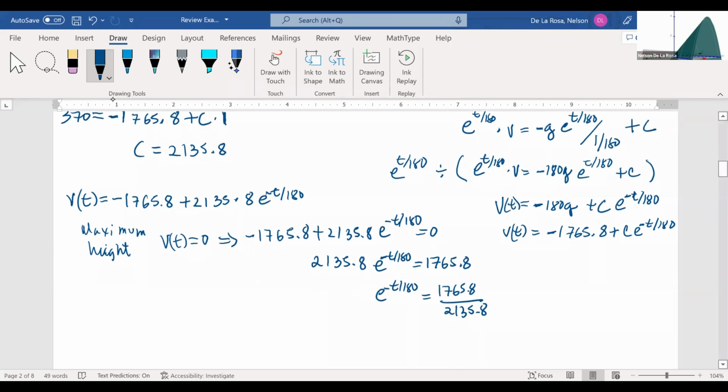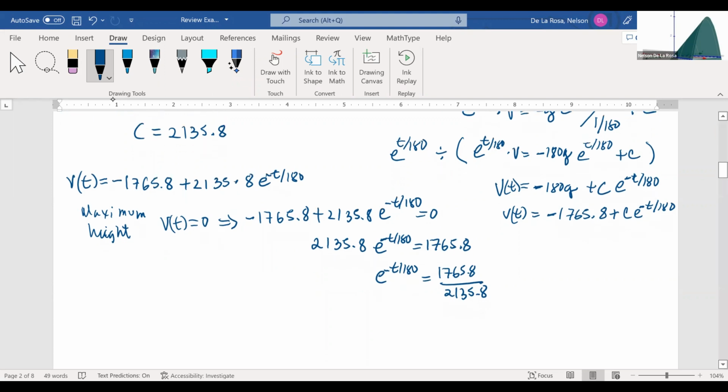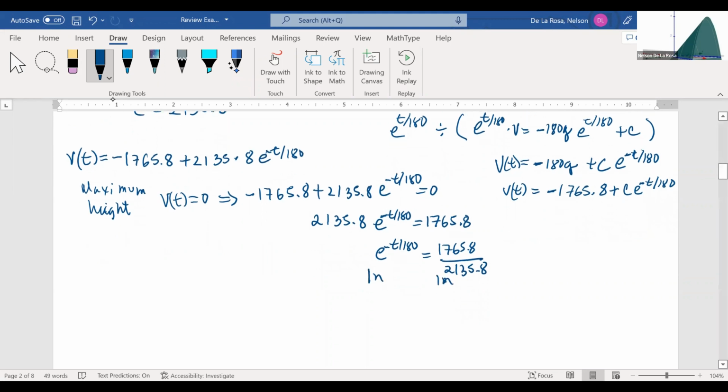And then we're going to apply ln on both sides in order to isolate t, which is the purpose of this part of the problem. Apply ln on both sides. So the ln and the exponential cancel. So we have simply on the left negative t over 180 equals ln of